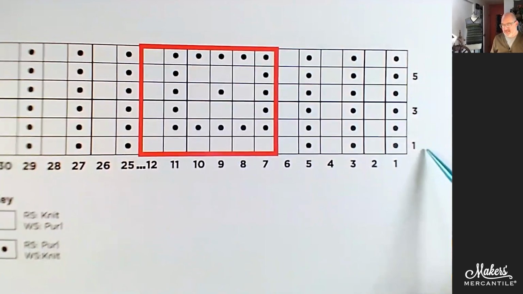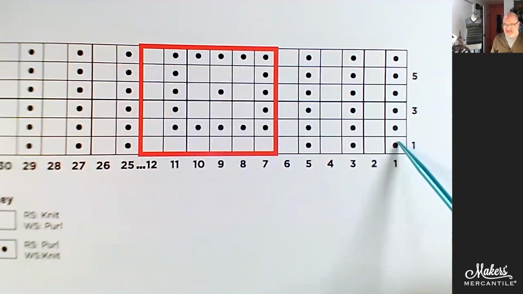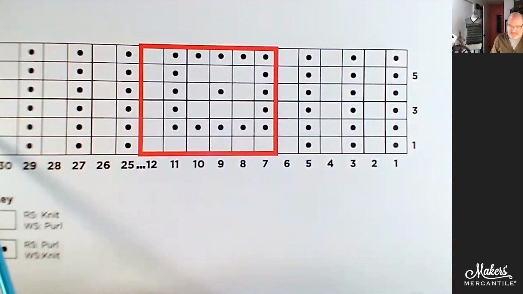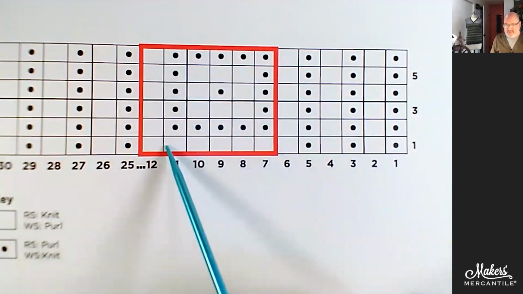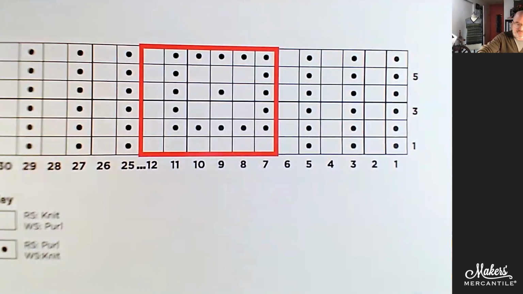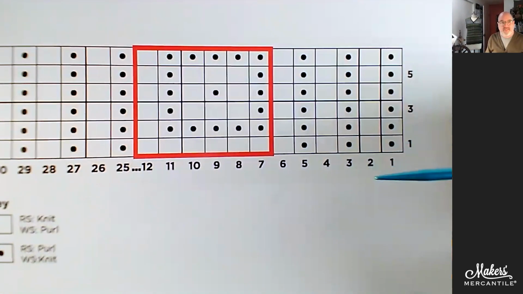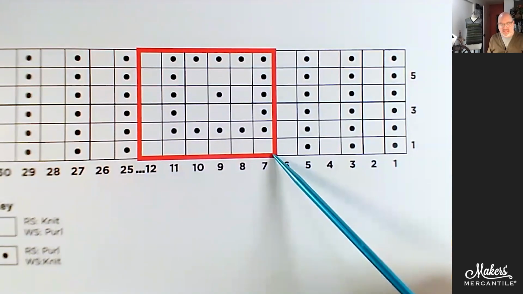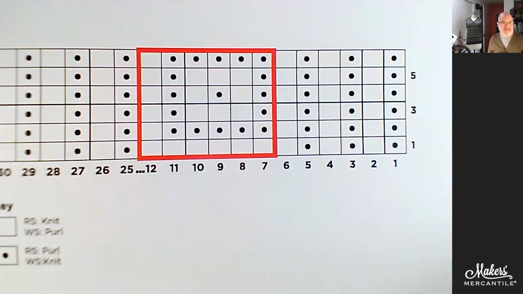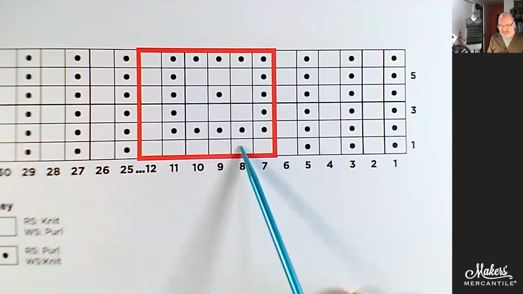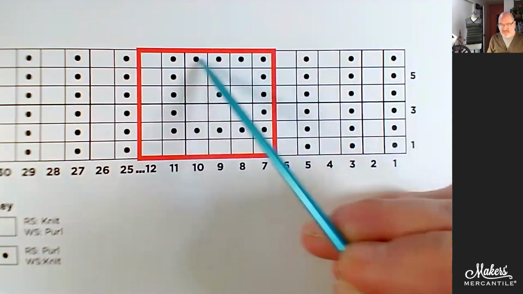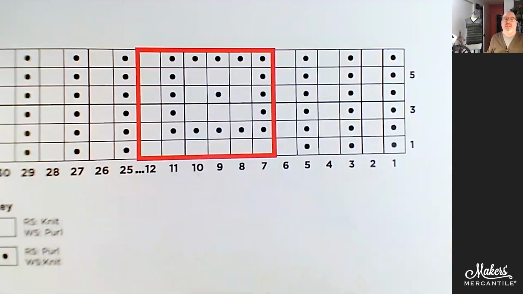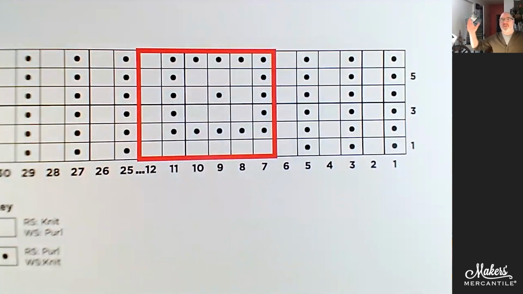So you see these are right side rows. Here's row number 1 that will be worked this way, and row number 2 is worked the opposite direction. But there's this giant red box in the middle of the chart, which is here. It's usually called a repeat section, and this is 6 stitches across and 6 rows high. So these 36 stitches, we're going to repeat them over and over and over and over to make a bigger